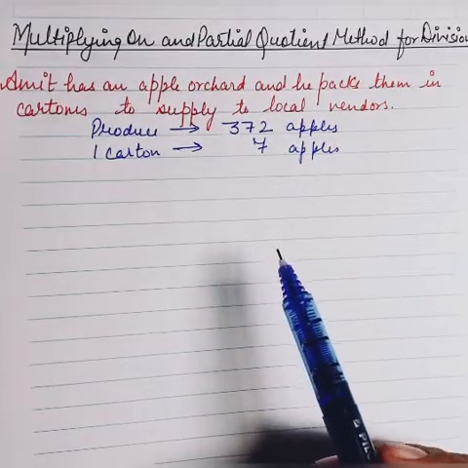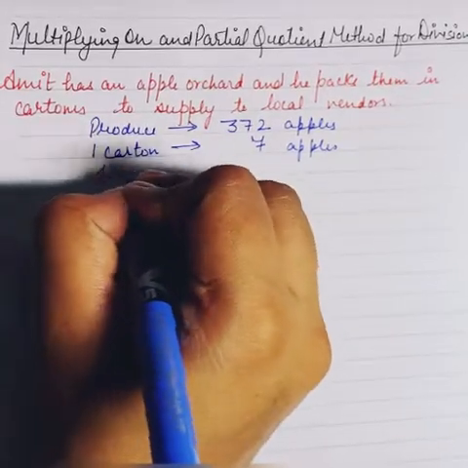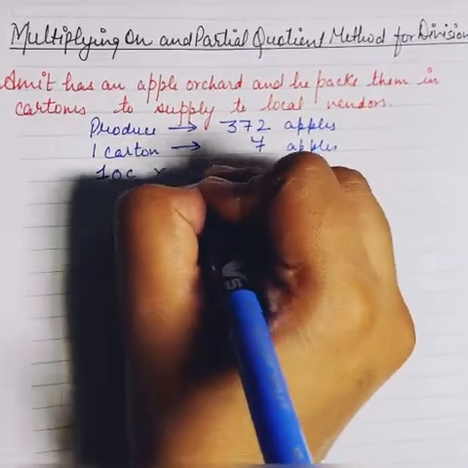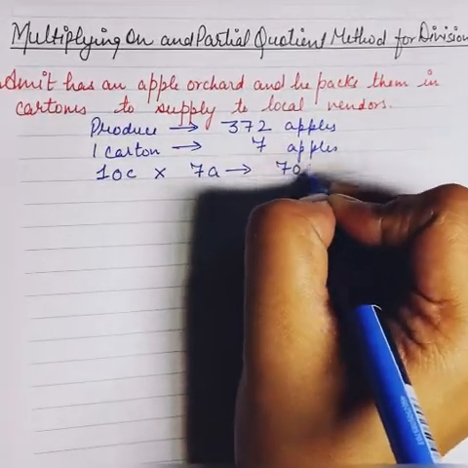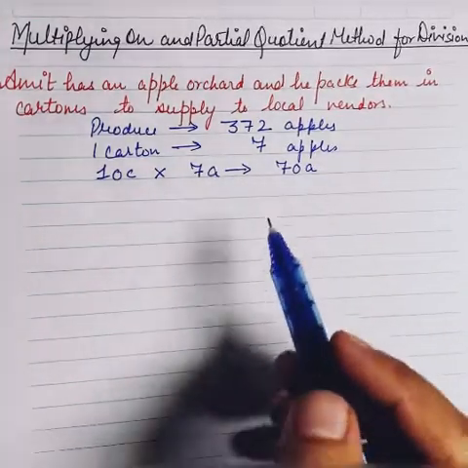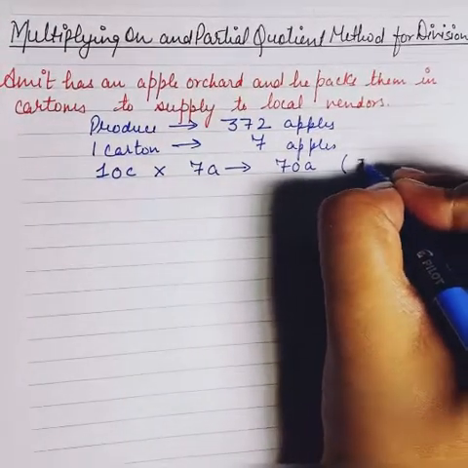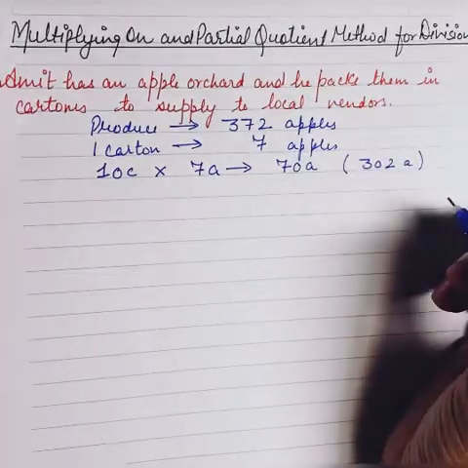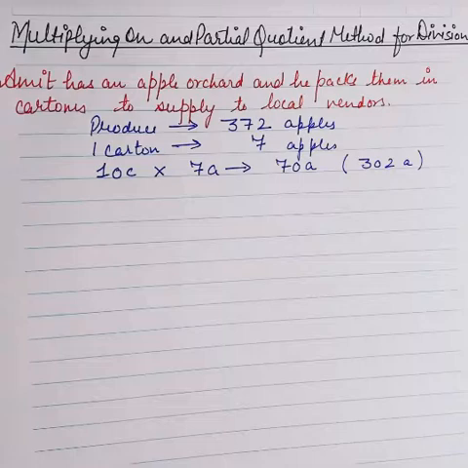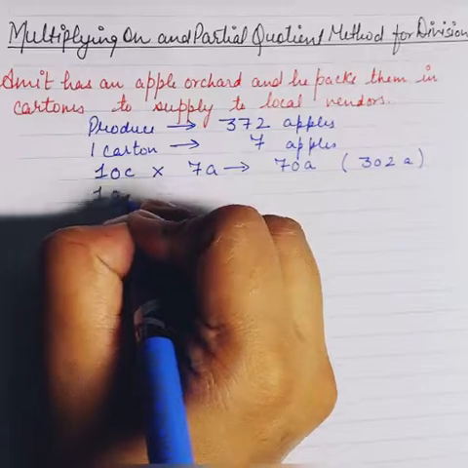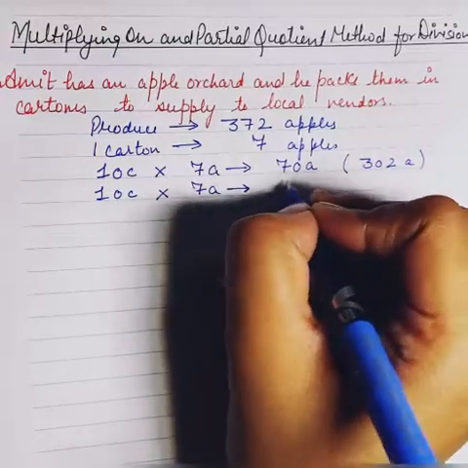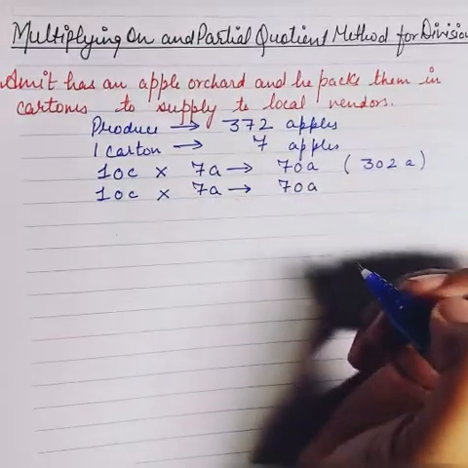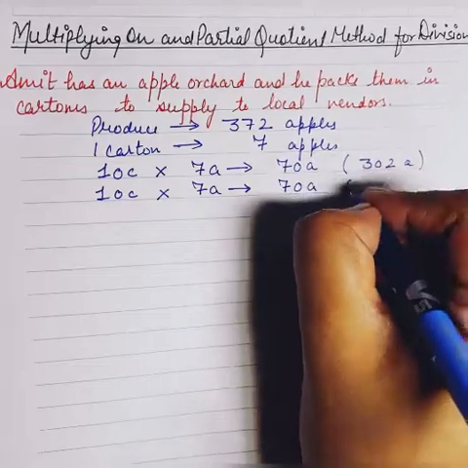I can easily say that Amit would require at least 10 cartons to pack 7 apples in each, and he'll be able to pack 70 apples. After packing these, now he'll be left with 302 apples. Again, we've got 302 apples. So Amit can again use 10 cartons. He puts 7 apples in each, and he'll again be packing 70 apples, and this time he'll be left with